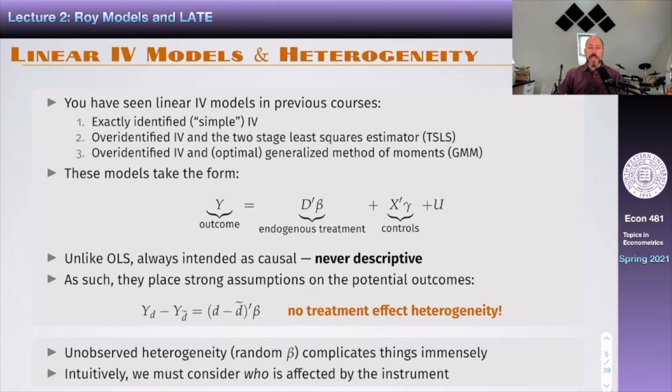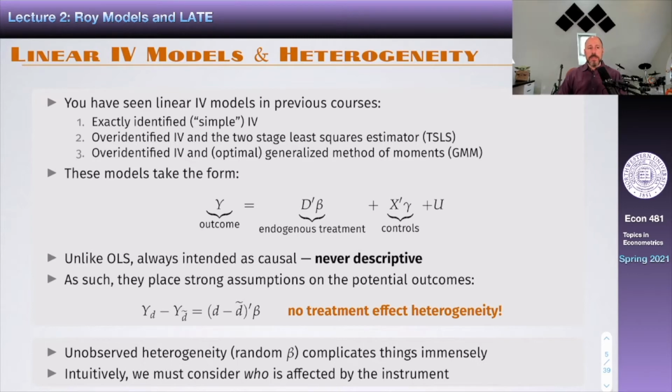So if we're really in a situation where we want to allow for the expected value of u and x not being equal to 0, it's because we are viewing the model as a causal model and not as a descriptive one. So the thing with this linear model that I'm describing over here is that if you just now define potential outcomes, by fixing this d to some value, could be binary, for example, and then you do y1 minus y0, then the treatment effect, which is the difference of these potential outcomes in this case, is just